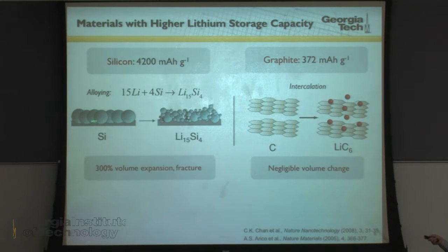You can see here, if you start with silicon particles, they'll react with lithium to form larger particles, but they break up into smaller pieces and fracture. There's mechanical degradation that occurs, and this is bad for your battery performance, basically. Your particles can lose electrical contact in your battery electrode, and they become dead weight, basically, and you lose capacity over time. So this is in contrast to graphite, where lithium can actually be inserted directly between the graphene layers